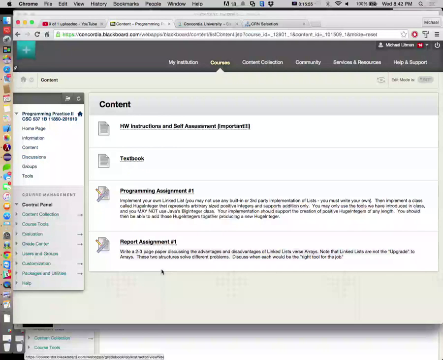So you already have the advantage here with your technical skills and your motivation to improve. So work on the writing skills, and you guys are going to be way ahead of the curve for getting jobs here. Okay, so the paper you're going to write for next class is discussing the advantages and disadvantages of linked lists versus arrays. So kind of the things we just talked about. We talk about when each of these would be the right tool for the job.